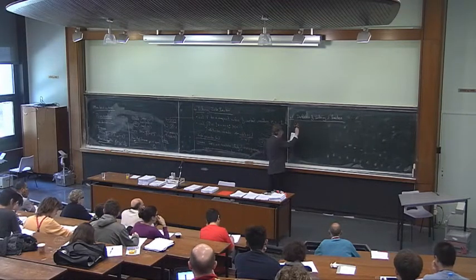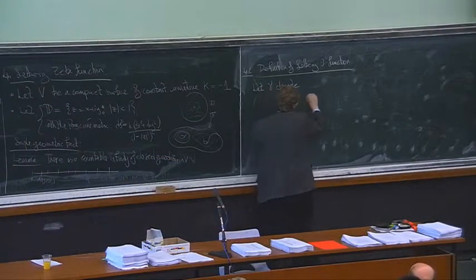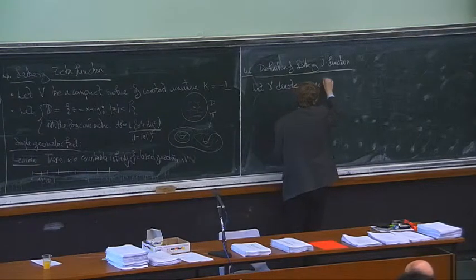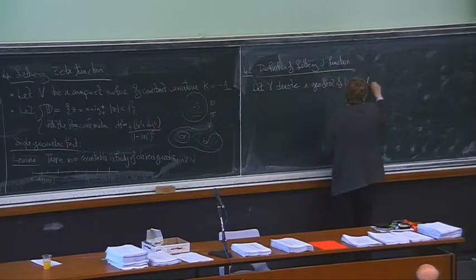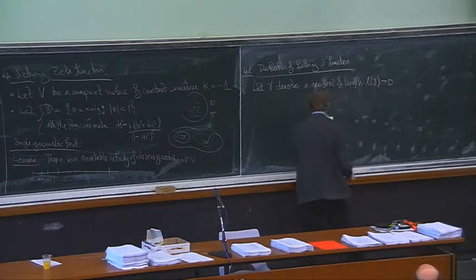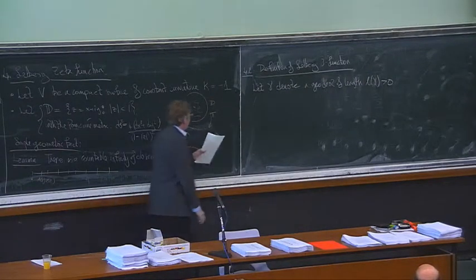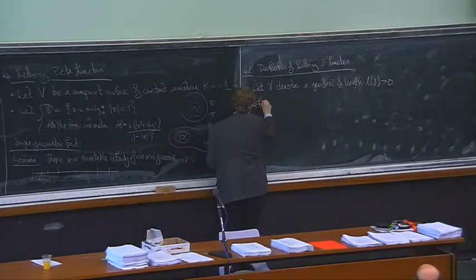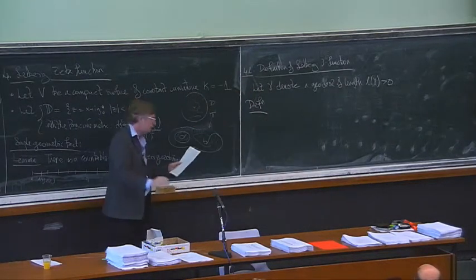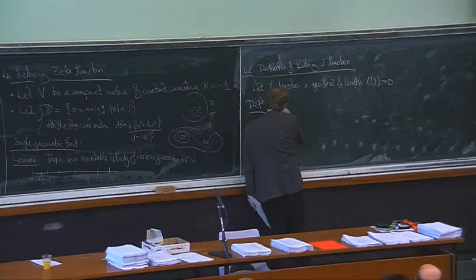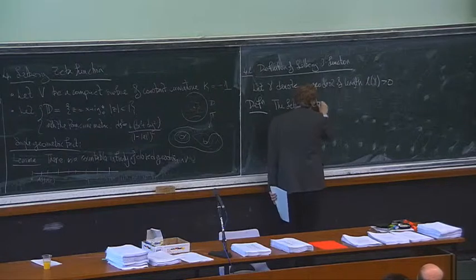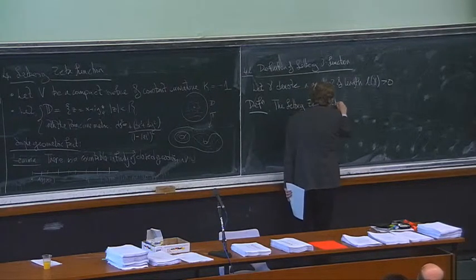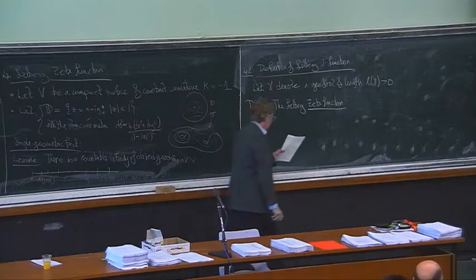Before I do that, let me just remind you of this notation. I'll let gamma denote one of these infinitely many geodesics. So it denotes a geodesic of length L of gamma. So there's infinitely many of these, countable infinity, and then we'll use these to do the following. So here's the definition. It's the definition of the Selberg zeta function. So the Selberg zeta function is defined by